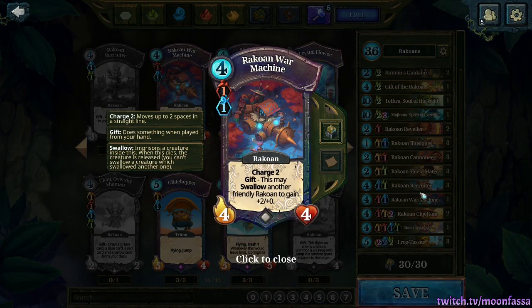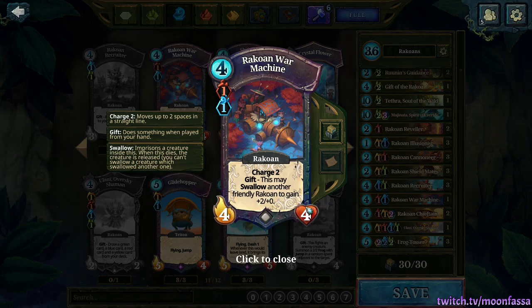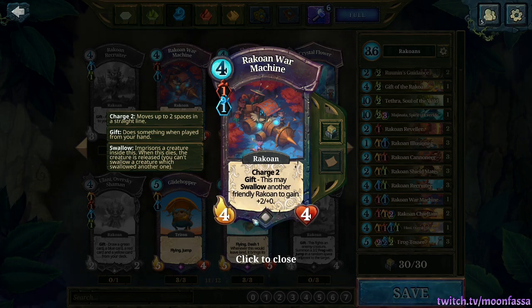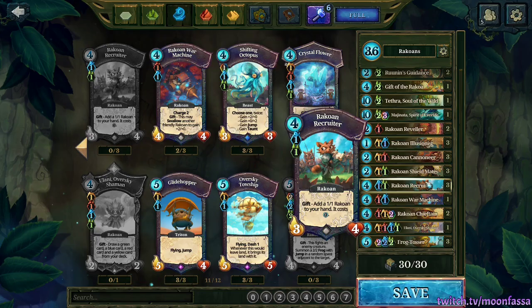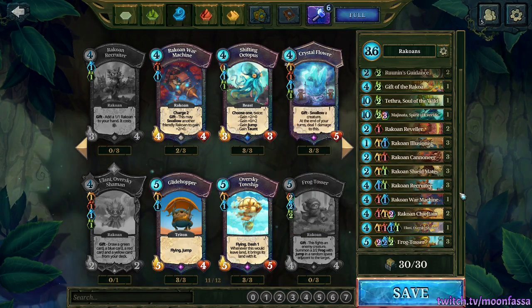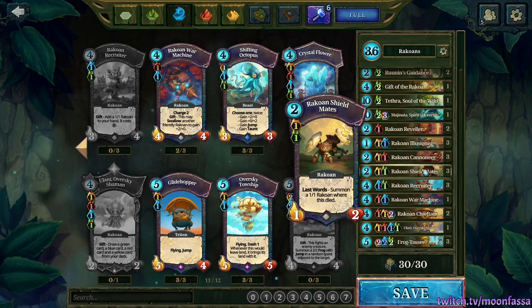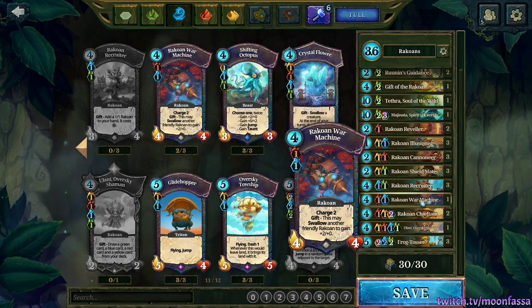So I've just got this as a 1-of, and I've put this in here as just an extra starting creature. The Swallow a Friendly Rakoan is a You May ability, so you don't have to do this. And playing down a 4/4 with charge 2 is still really solid on its own. And so for the mulligan, you want to look for as many creatures as you really can. And your starting creatures here are going to be Shieldmates, Rakoan Recruiter, Reveler, and then of course this War Machine